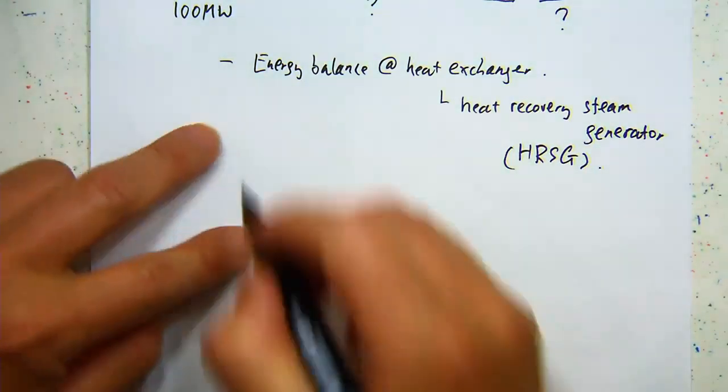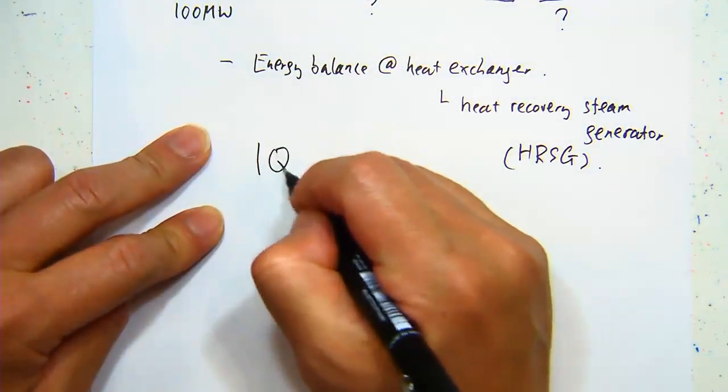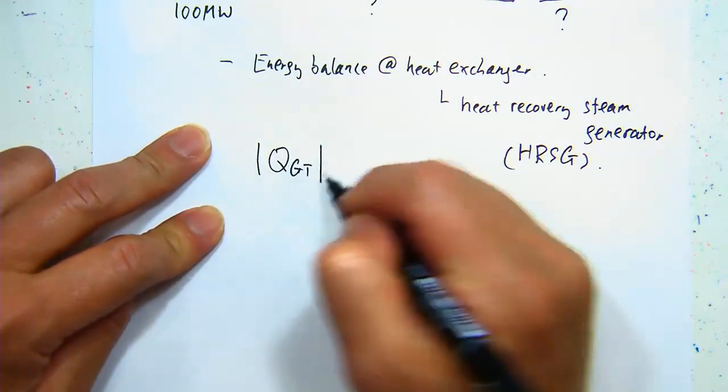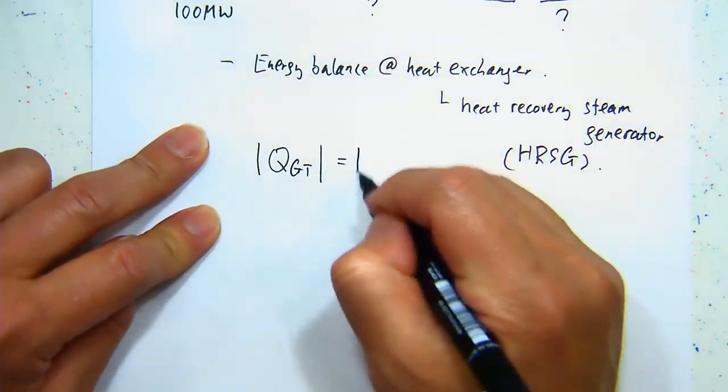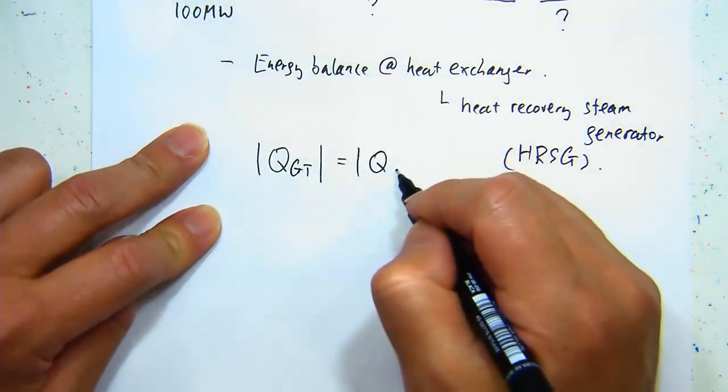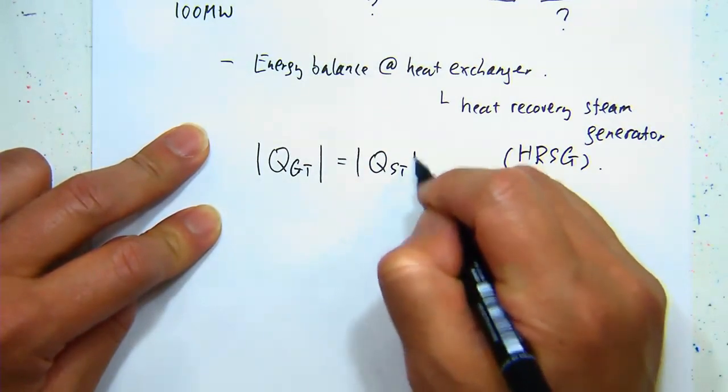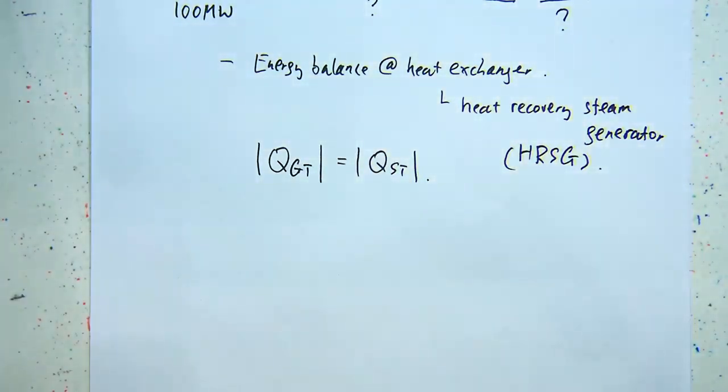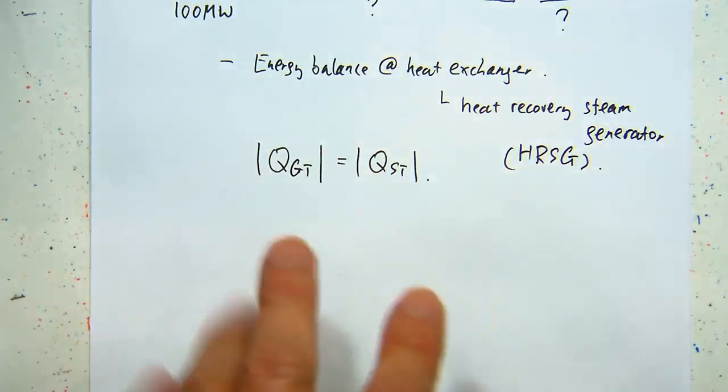So there we have the total heat which is coming from the GT, in its absolute value, equals the heat received by the steam cycle. So that's an important link, and again,